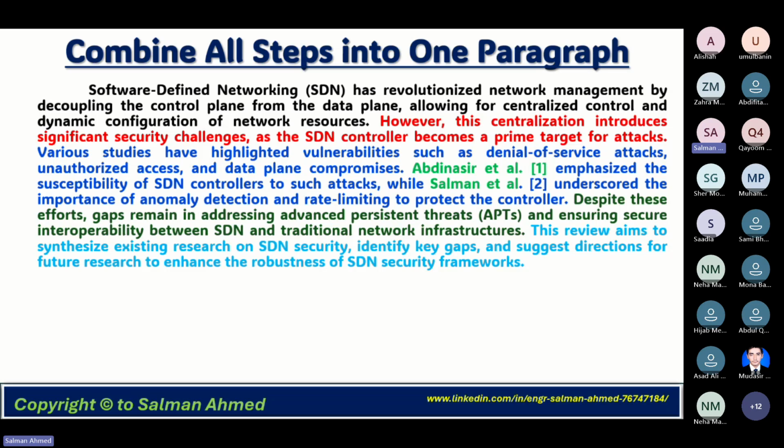If that research article is discussing SDN, it tells what SDN is. Then it tells about the research gaps, then its methodology, then results, then conclusion, and the future works. All these things we need to have in one paragraph when we are citing any such previous research article.